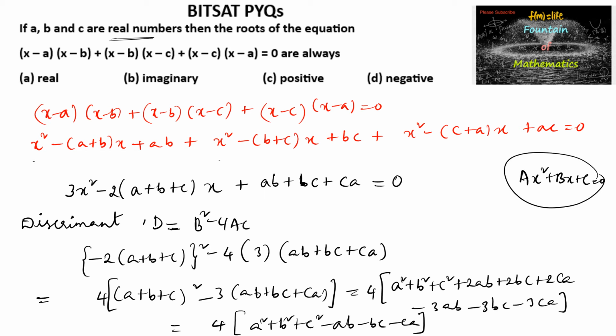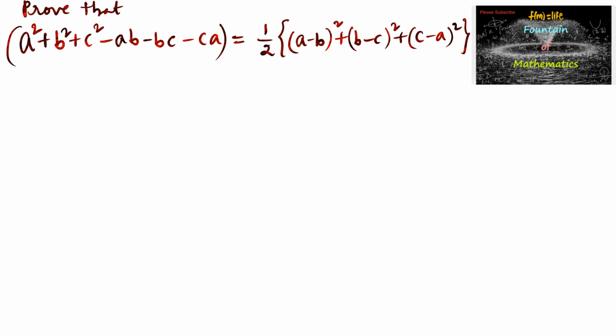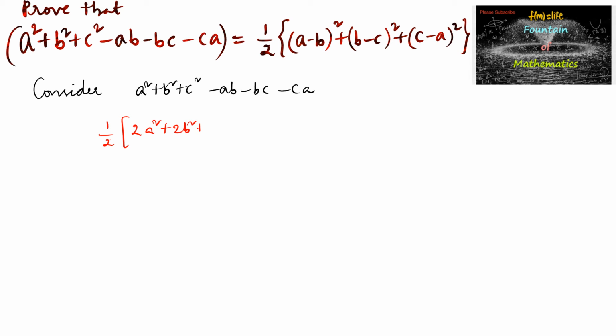And we know that the value of a² + b² + c² − ab − bc − ca is half of (a−b)² + (b−c)² + (c−a)². Let us see that. Consider a² + b² + c² − ab − bc − ca. Let us multiply and divide by 2. So we'll get 2a² + 2b² + 2c² − 2ab − 2bc − 2ca,